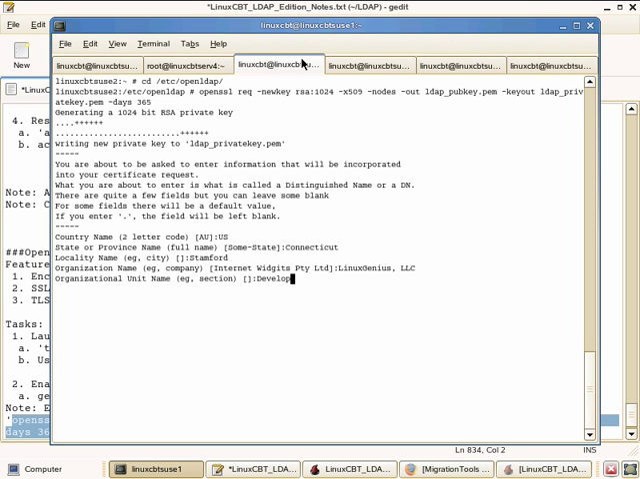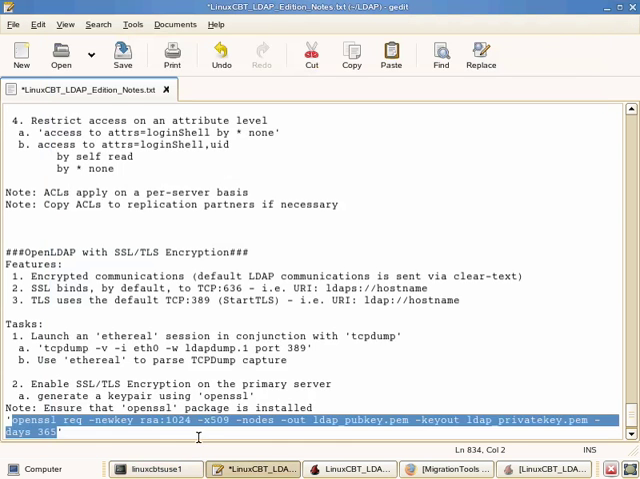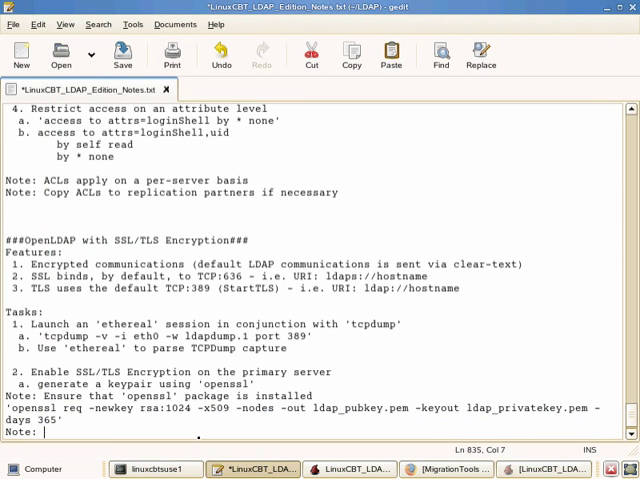We'll call this development. And the common name. Now the common name is important. It should be the fully qualified domain name of your OpenLDAP server. So note, when generating